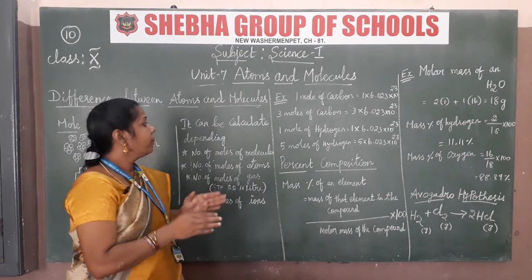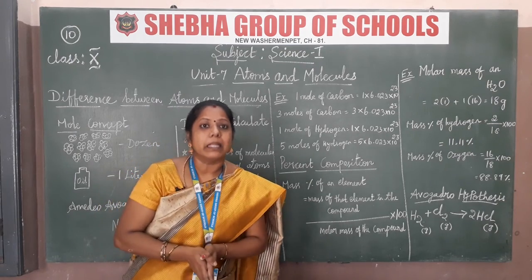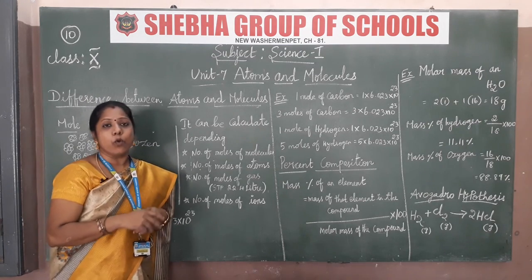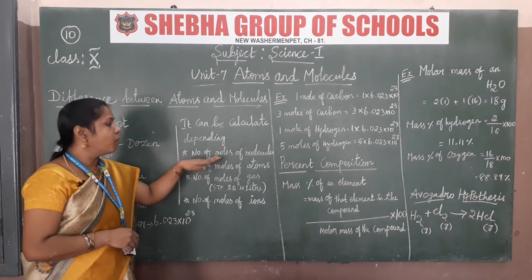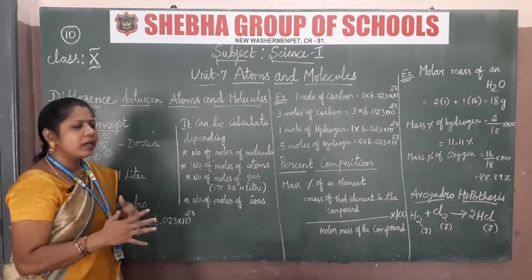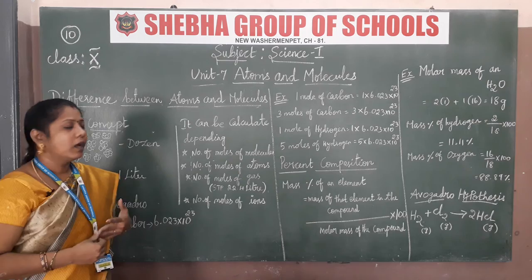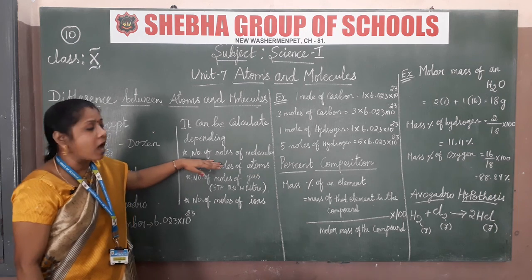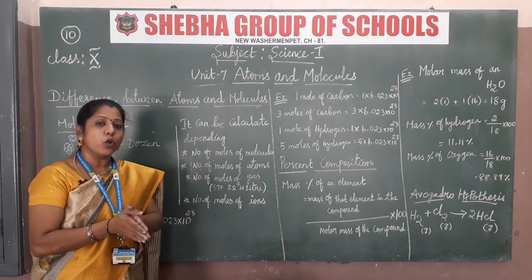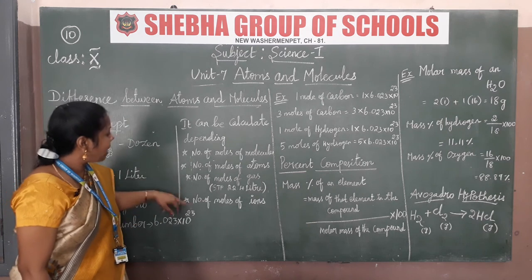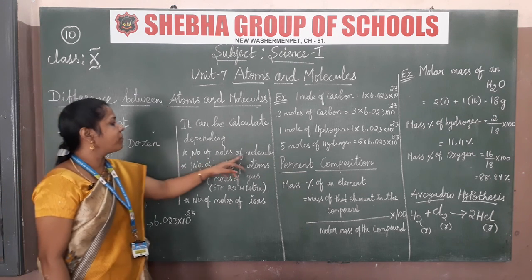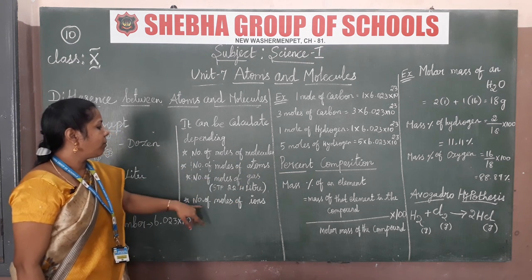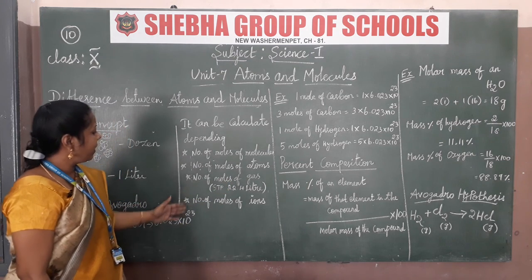Okay, and then in the mole concept எதெல்லாம் டிபெண்ட் பண்ணி இருக்கு அப்படின்னு பார்த்தீங்கன்னா, the main thing is 4 major points depending on the mole concept. For that, the number of moles of molecules, atoms, ions, you have to depend on for calculating the mole. Now this is 2 more questions that will be asked in your examinations, how to depend on the mole concept; for answering you have to use the 4 points. Number of moles of molecules, number of moles of atoms, number of moles of gas, number of moles of ions. This is the main thing.